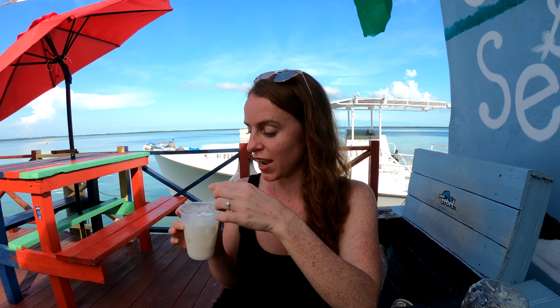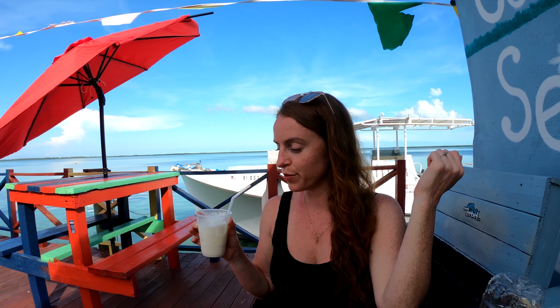So we have here a coconut rum drink with milk. I was also told that you can order this with orange juice depending on what you're in the mood for, what your palate requires or desires, and it's really good, really strong. I was told here in the Bahamas that